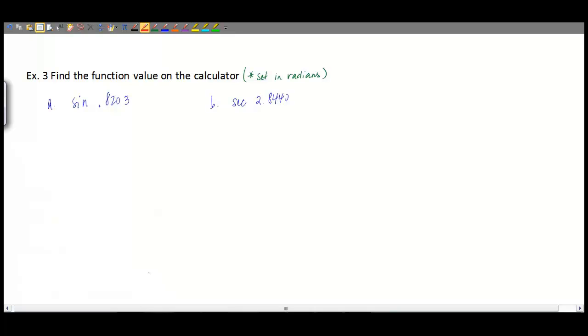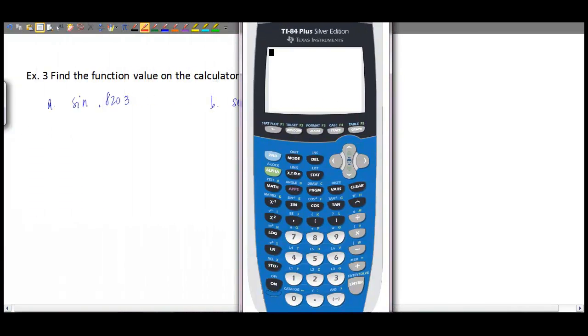Okay, so now look, all we're going to do is use our calculator to be able to find the function value. The only thing you want to be sure of when you're finding trig values on your calculator is that you set them in the appropriate mode. Now, since I'm actually finding the sine of a number, that means I'm looking for the trig function value of it, then that is when I want to make sure that my calculator is set into radians. So let me pull up my calculator, slide it over here a little bit,